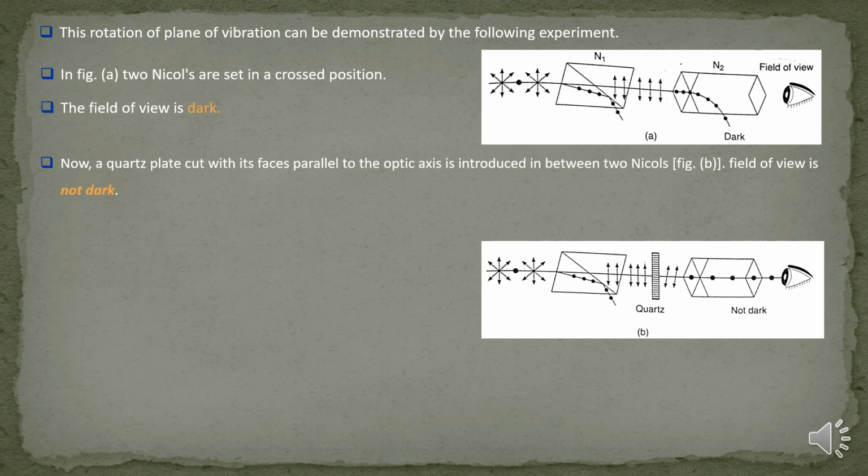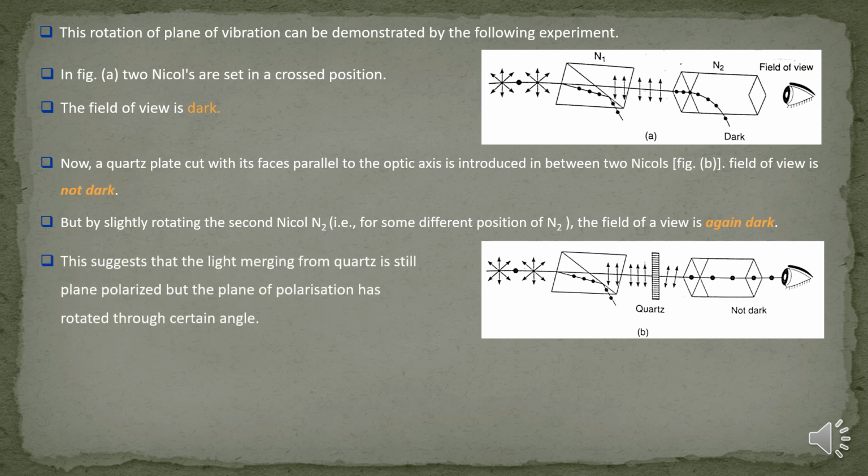Now a quartz plate cut with its face parallel to optic axis is introduced in between the two nicols as shown in figure B. The field of view is not dark, but by slightly rotating the second nicol N2, that is, for some different position of N2, the field of view is again dark. This suggests that the light emerging from quartz is still plane polarized, but the plane of polarization has rotated through